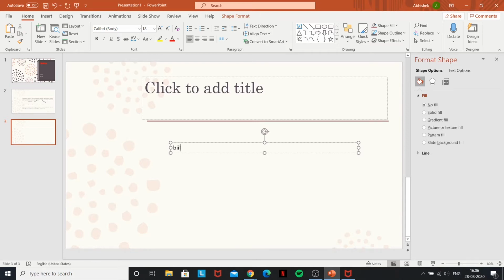So biology is important for daily life. Well, it doesn't matter. All I'm trying to show here is that this text tool allows you to put in a text box anywhere you like, and all you have to do is press it and you can edit again.